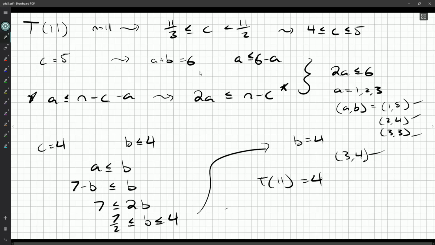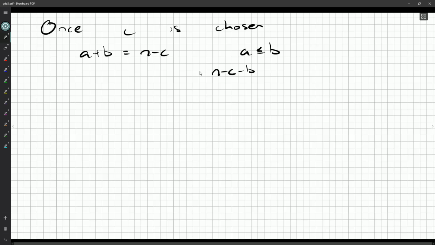But this is an interesting observation. So once C is chosen, A plus B has to be equal to N minus C. A has to be less than or equal to B. So N minus C minus B is less than or equal to B. So N minus C is less than or equal to 2B. So we've learned that N minus C over 2 is less than or equal to B is less than or